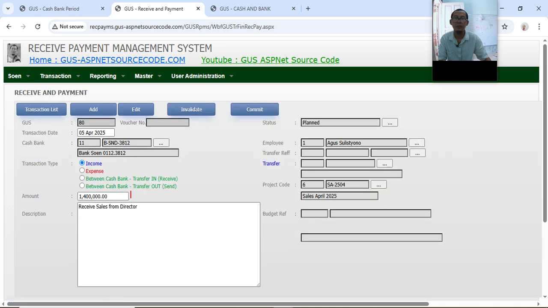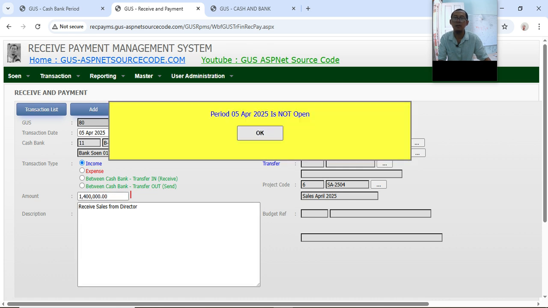The status of this transaction is still planned, and now Soon is about to receive this money. So Soon must commit. Commit all. Let's see here. The period is not open.